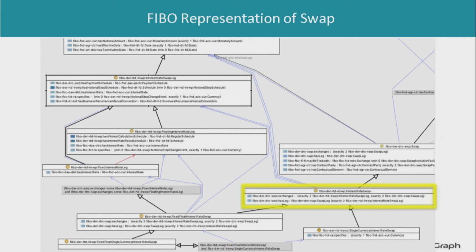However, on the other side of things, I want a computation that's efficient, so I'm going to create a representation that's efficient for those swap computations. I'm having my cake and eating it, not getting slowed down by FIBO, but also creating bespoke representations that are efficient.